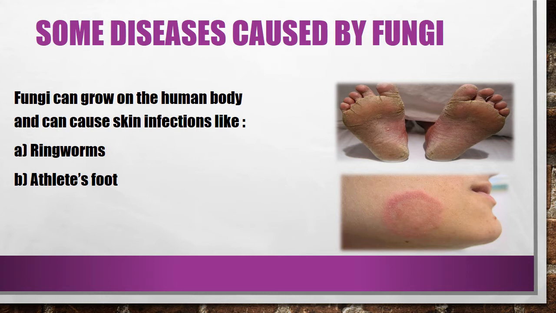Athlete's foot is basically rashes, severe redness and rash on the foot. This can be because of sweating. Athlete's foot is a problem athletes have, but common people can also have this disease. To avoid ringworm or athlete's foot, you can avoid using someone's already used shoes or clothes, because one of the major reasons for spreading this disease is sweating. If you wear someone's personal things that have his or her sweat on them, you will get the disease.